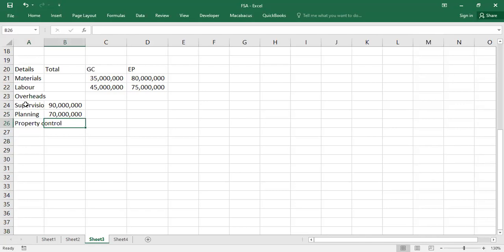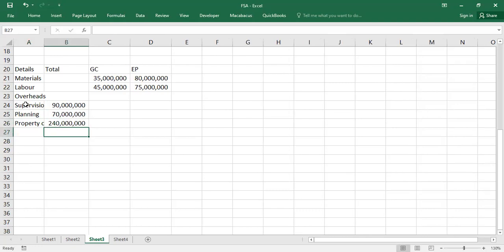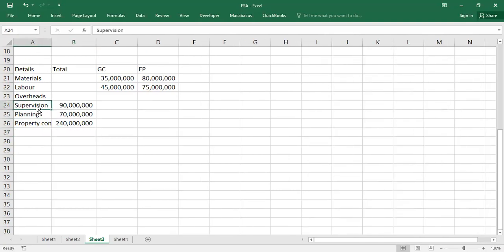Okay, which was given as 240 million. Okay, so that's step 2. Identify the overhead and classify or quantify them. Okay, so by knowing that these are the overheads and you put the amounts to them, that's step 2. Step 3 says that you now identify the